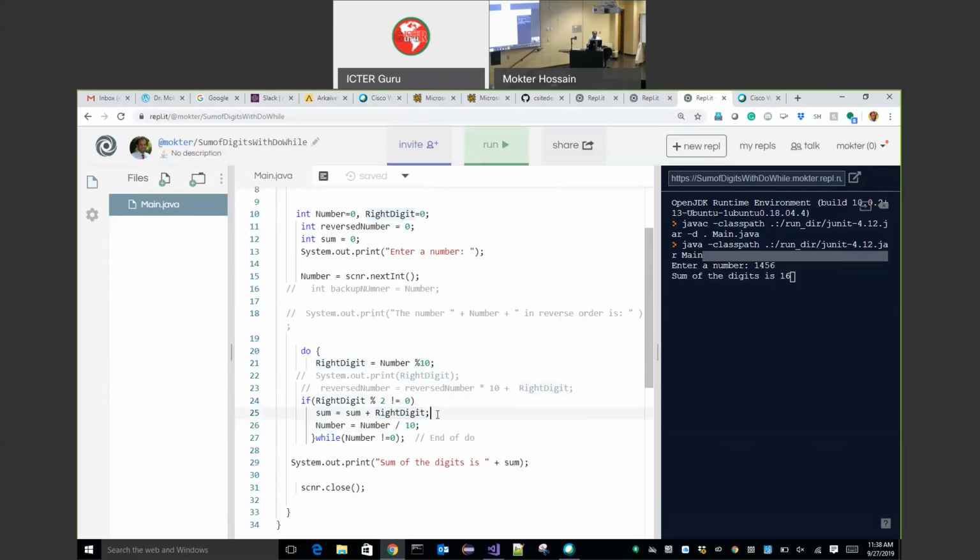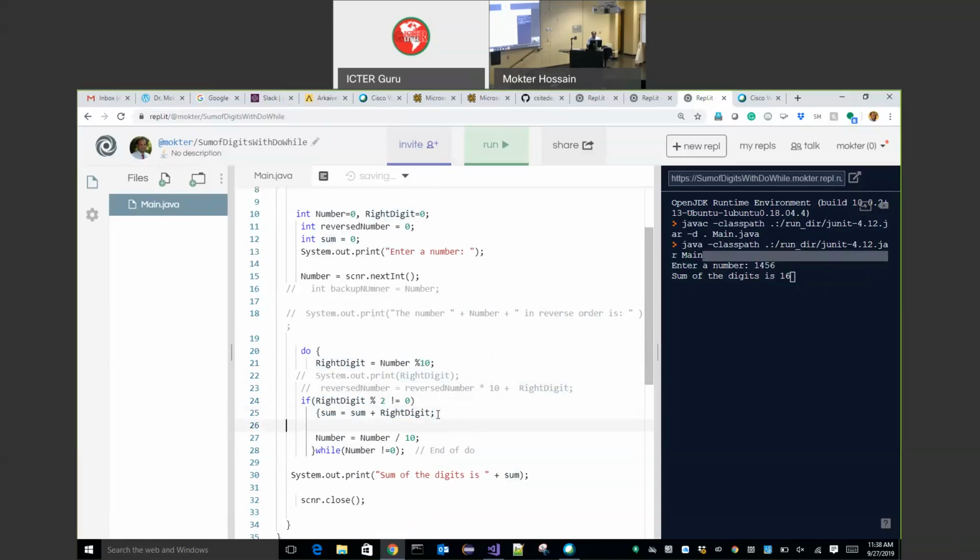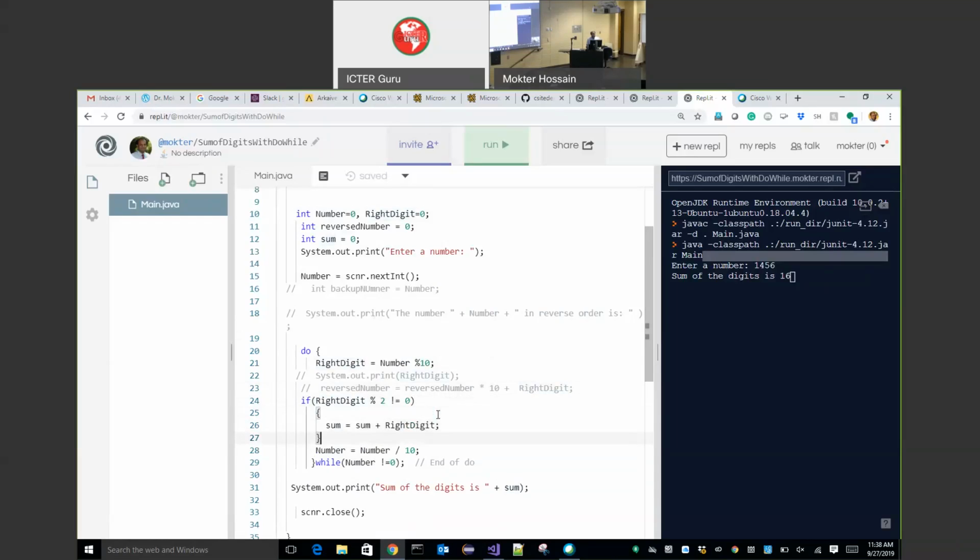But in C++, generally if there is one statement associated with a condition, we do not need to use curly brackets, but we should have them so it's clear. We do it like this, clear.